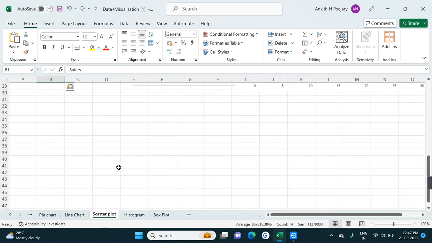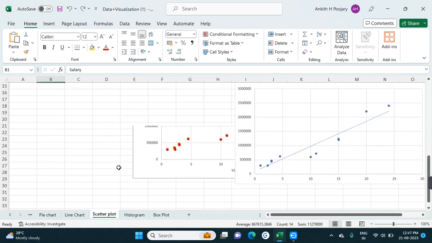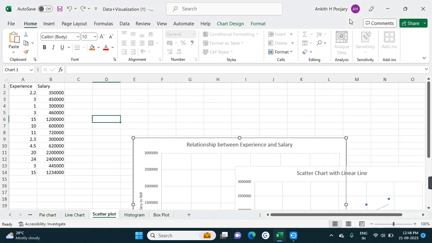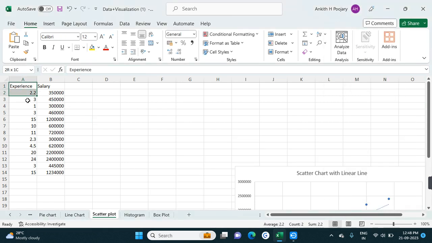Then we have scatter plot. If you want to compare the relationship between two data, we use scatter plot. For example, in this data we have experience and salary, and if you want to understand the relationship between both experience and salary, we use scatter plot. Okay,